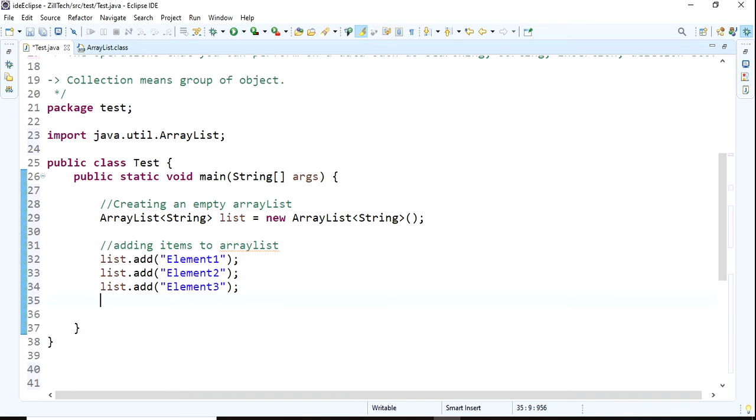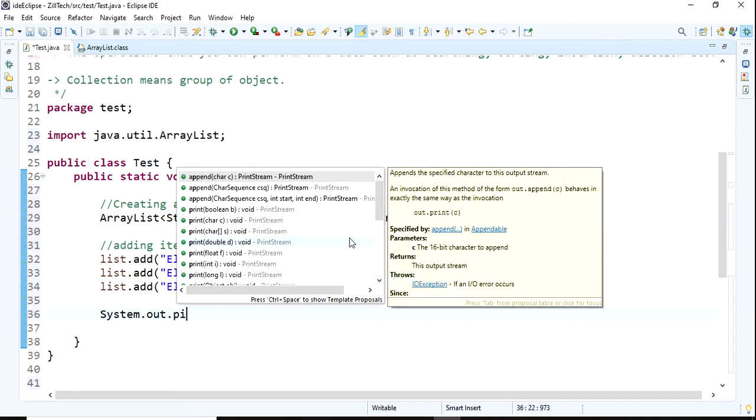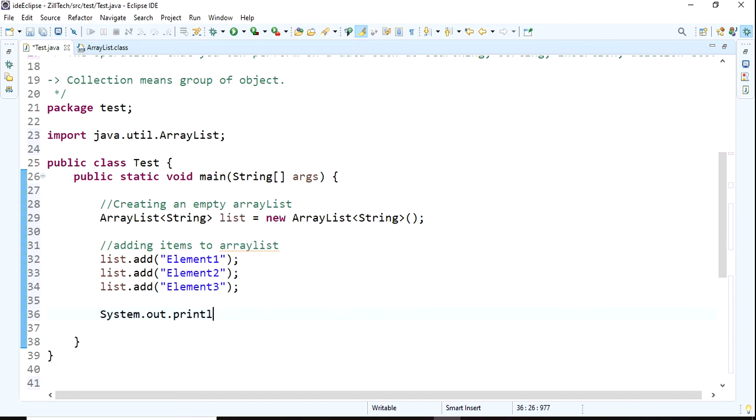Okay, fine. And next I want to print them. Simply you can print System.out.println("list" + list). And we can see the output of that.